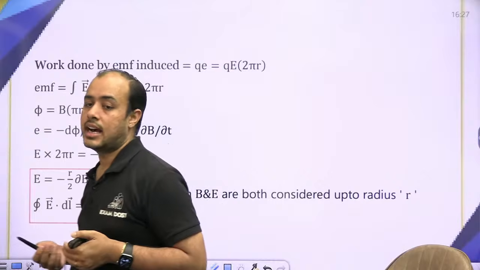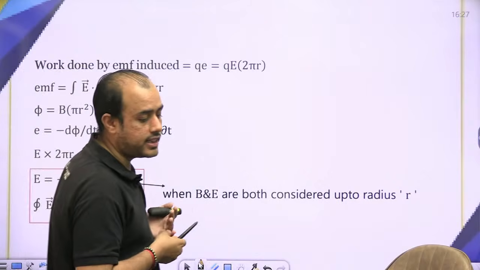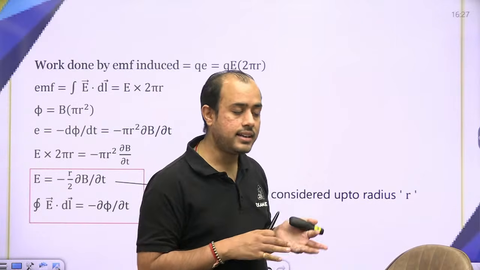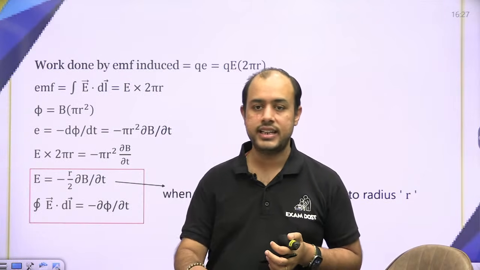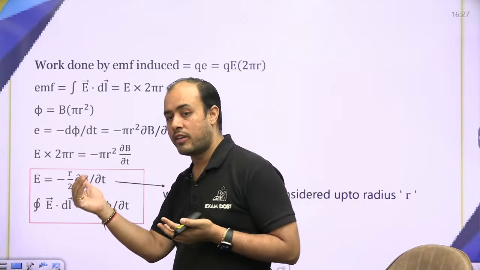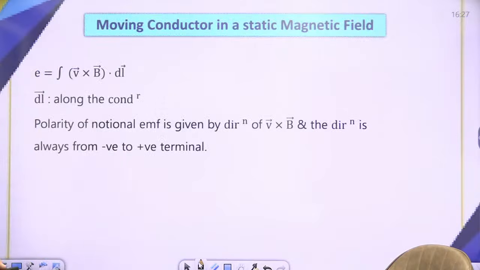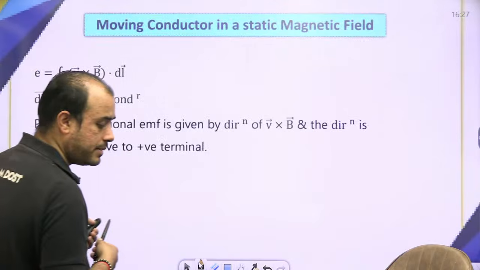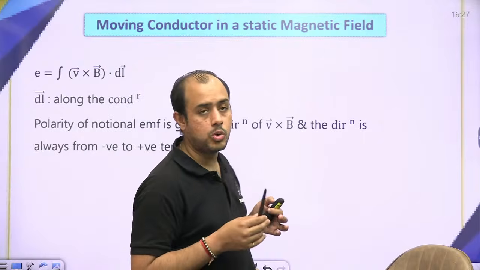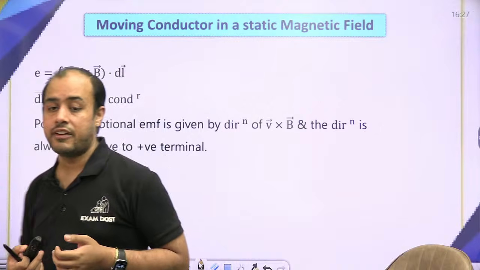You equate the EMF because of electric field, that is line integration of E dot dl, and you equate the Faraday's law. तो लाइन इंटीग्रेशन ऑफ इलेक्ट्रिक फील्ड को फैराडे लॉ वाले ईएमएफ से बराबर कर देना, तो आपको induced electric field मिल जाएगी. Similarly, beta, whenever a conductor moves in the presence of magnetic field, then also we have an EMF